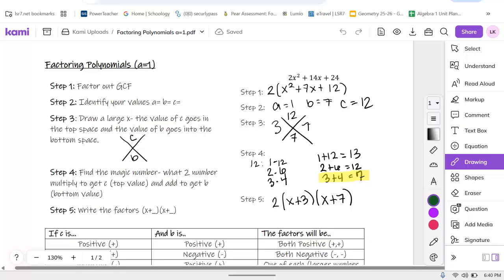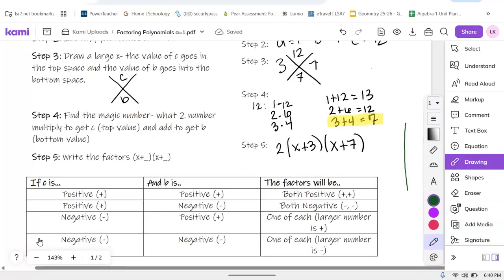Alright, so this is my first example here. I'm going to just let you look at it, and then we're going to do some more examples. So some things you need to really make sure you know, though,